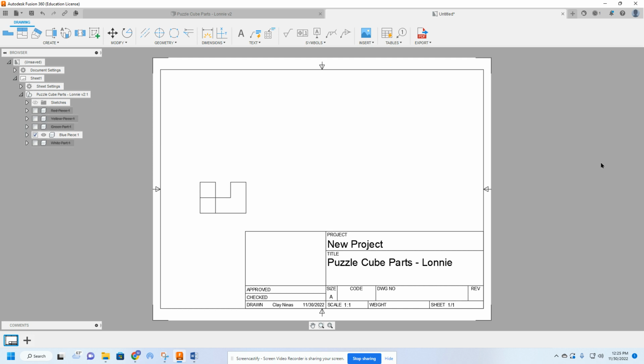Now that we have our front view, we need to place our other views, our top view, our side view, and our isometric view. That is done on the projected view in the Create panel up here. Notice it says we need to select a parent view, then place projected views. So I'm going to click that. Now, select parent view. That is our front view, our base view. Now that I've done that,